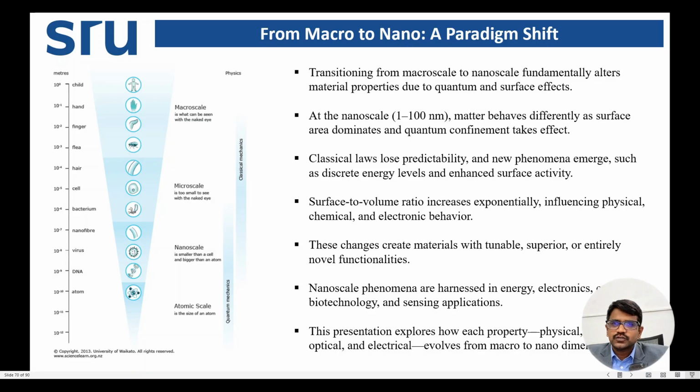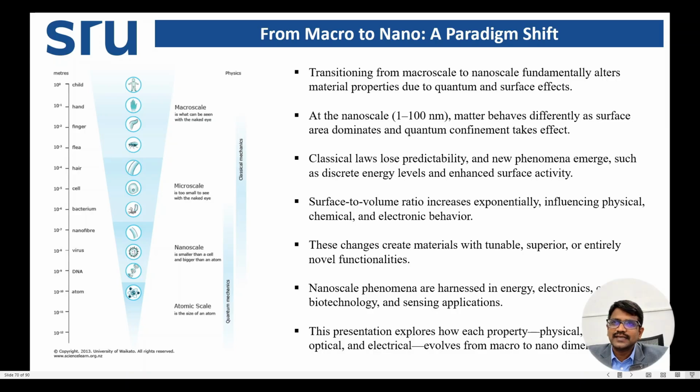surface activity. As we discussed earlier, we have majorly two types of mechanics: classical mechanics and quantum mechanics. Classical mechanics applies to macro-sized objects. But at nano level, at atomic level, more than classical mechanics, quantum mechanics plays a major role, because of the particle nature and wave nature. That's why we are saying here, classical laws lose predictability and new phenomena emerge, such